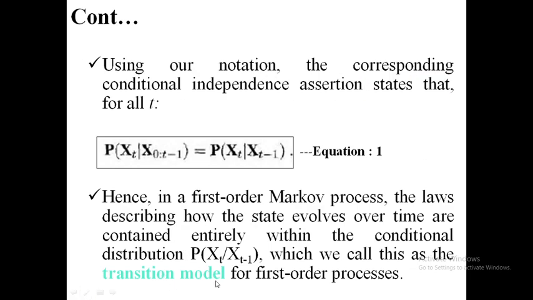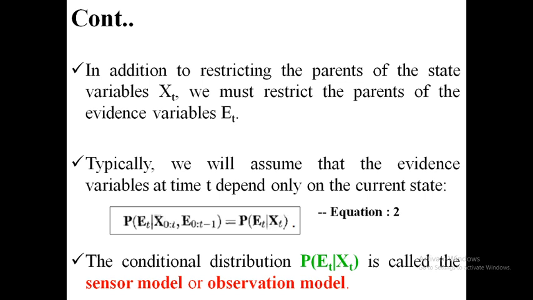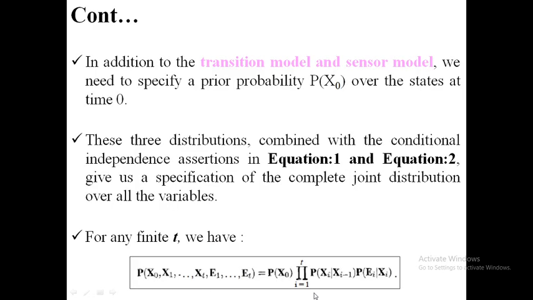The first one is the transition model, which gives the random variables' dependency. The present random variable depends on 0 to t minus 1. That's it. And the sensor model gives the information regarding the relation between the evidences and the random variable. Any evidence will be available to the random variable for that particular day only. Both should be related to the same time only, no deviation from that. If it is so, this is called a sensor model or observation model.